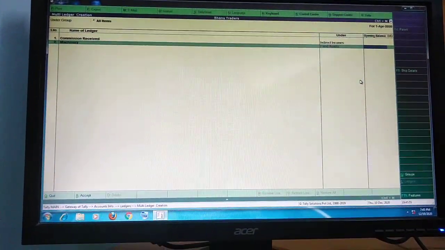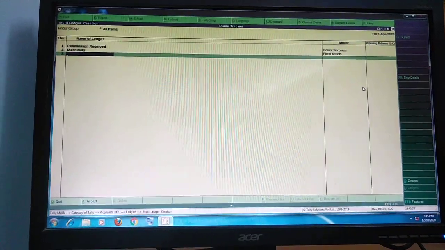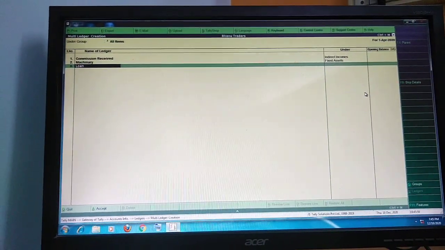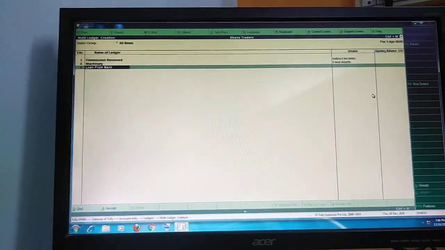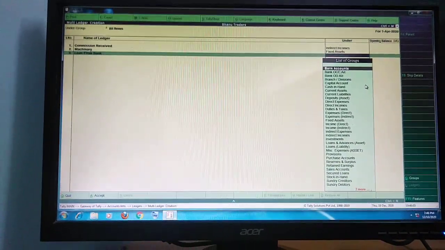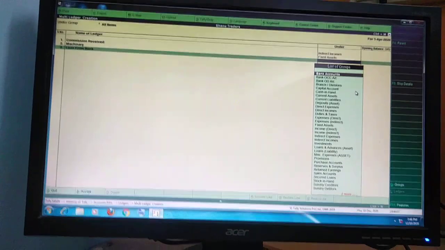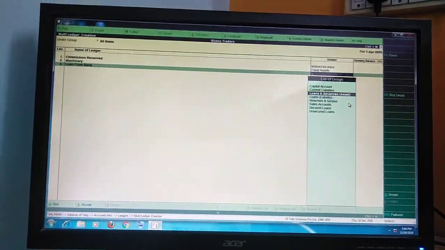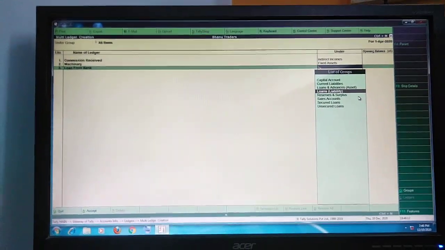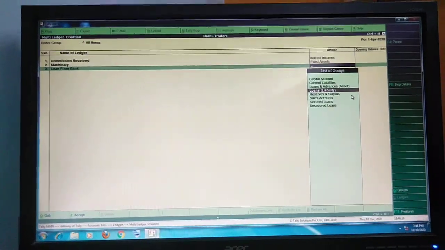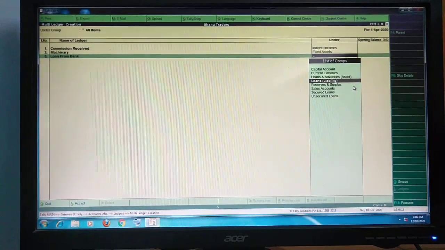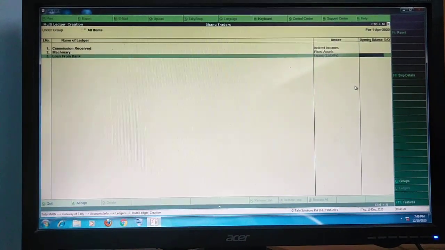And one more ledger, loan from bank. Go to the list of groups. Loan from bank, which group? Select the loan liability group. Why? Because the loan is taken from the bank, that's why we have to select the loan liability group. Press enter.